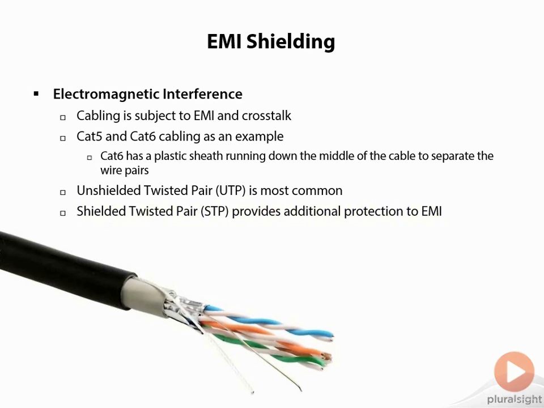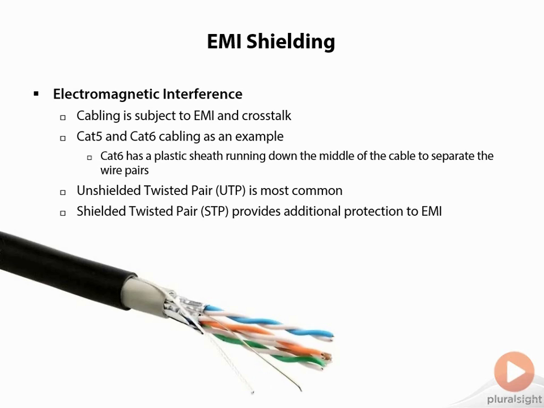And as you see in the graphic here, we have basically 4 pairs of wires, 8 wires inside of our cable. We have some foil wrapped around. We have basically 2 jackets that go on top and then a drain wire. So it's going to be able to absorb some of that EMI, and that grounding or drain wire will go out to ground as well. So it helps to absorb that EMI and ground it out. But we have to make sure that we have the cabling and also the connectors grounded properly for that to